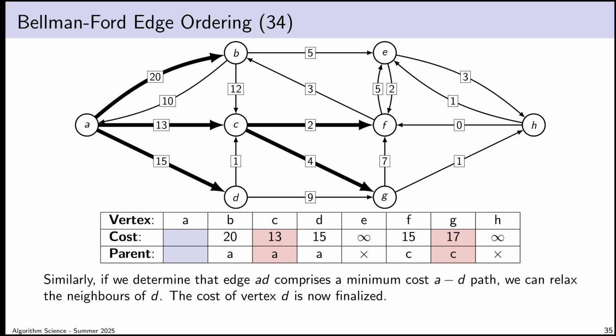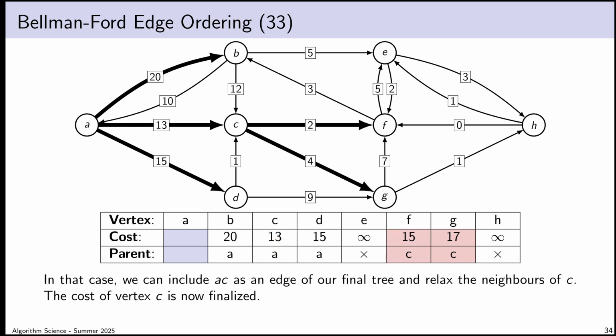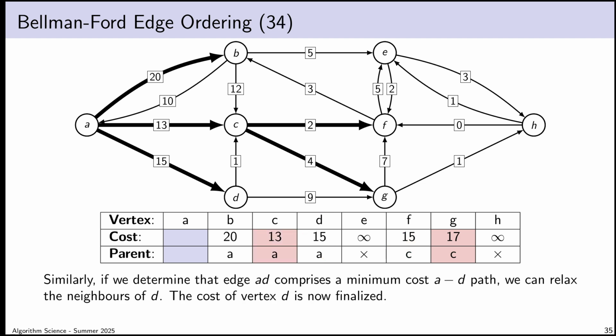So suppose, because vertex D and vertex F are tied, they both have 15, suppose I choose vertex D here. I choose vertex D, and I say, hey, it looks as if vertex D can be locked in. There is no lower cost path to vertex D. There are other ways I can conclude this. One other way is observing that there are no other inbound neighbors to vertex D. There's actually no other way to get to vertex D.